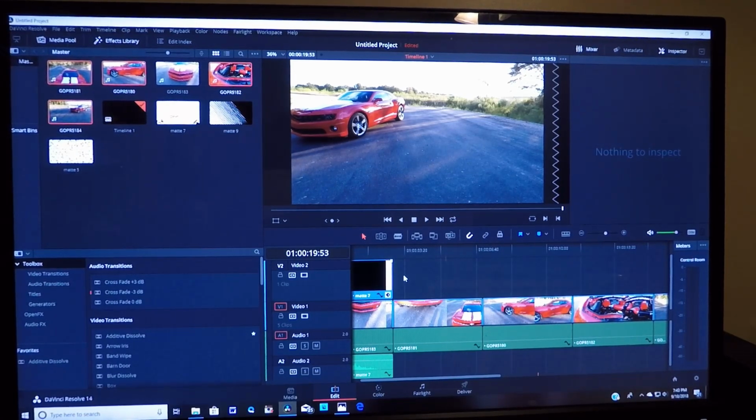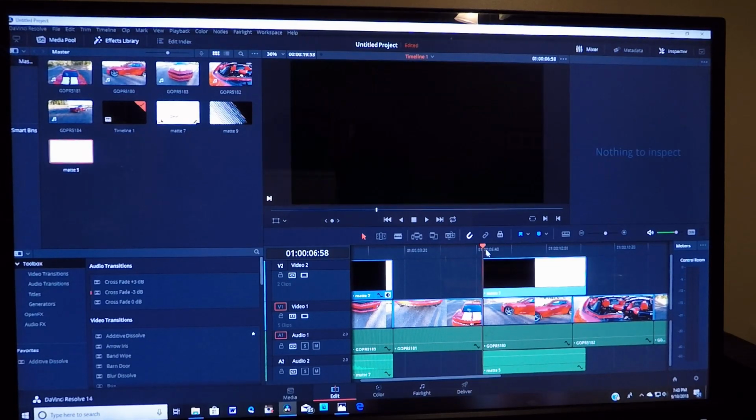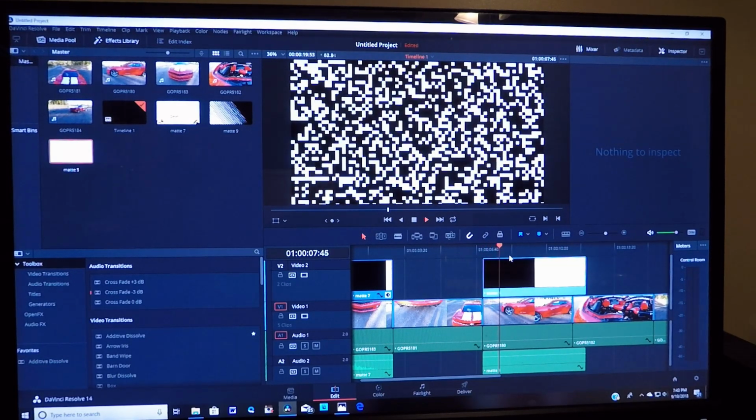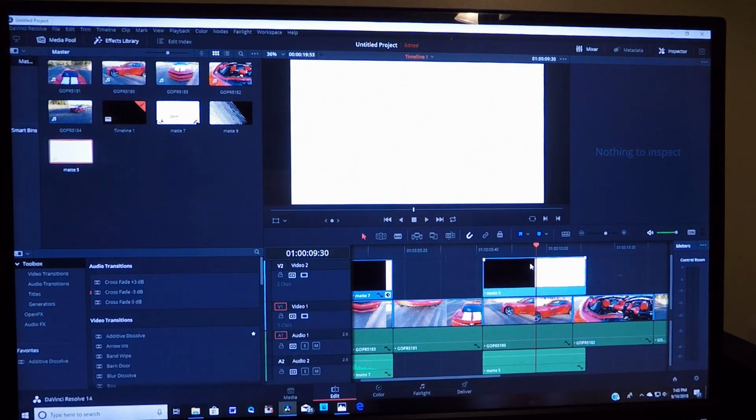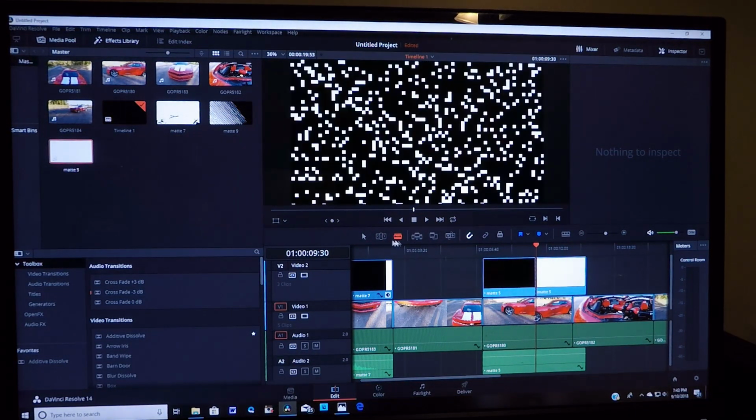Now the reason I'm doing this is because I want to show you that you can even add more than one transition or overlay to the video. I mean, this is going to be overkill for this video purpose, but I'm doing it just so you can see. And as you can see, that was all black and white, so I'm going to trim it,